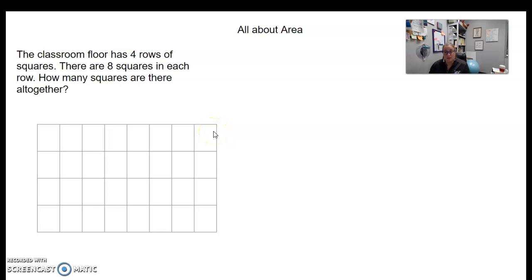Now from here, I could just count every single one of my squares and I could get my area, or the total number of squares. Sometimes they don't have it all filled in, and we're going to look at that in a minute. So if I don't want to count all the squares, I could actually do the math and skip count either by 4s or 8s. So I could say 8, 16, 24, 32, or I could count by 4s: 4, 8, 12, 16, 20, 24,